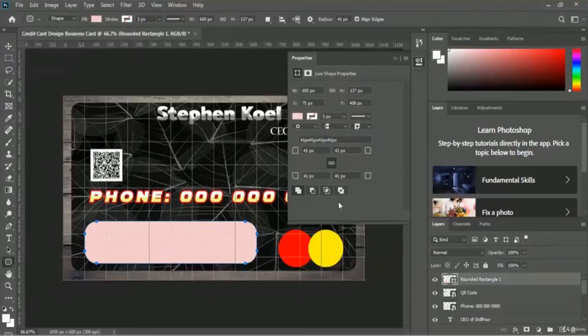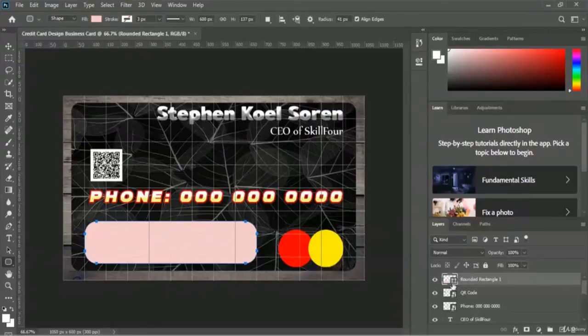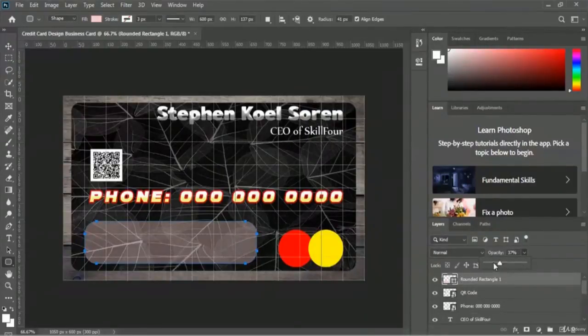Okay, looks good, and I want to reduce the opacity of this rounded rectangle shape. I want to put it at 25%. Okay, and I want to rename this layer. I want to write the layer name address bar instead of rounded rectangle one. So you just have to double click on here, and let me write the name